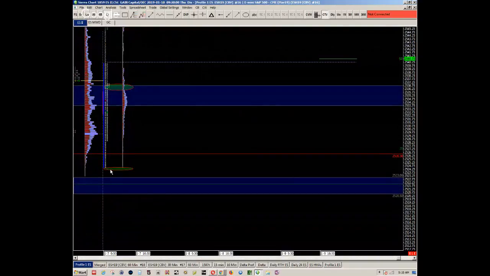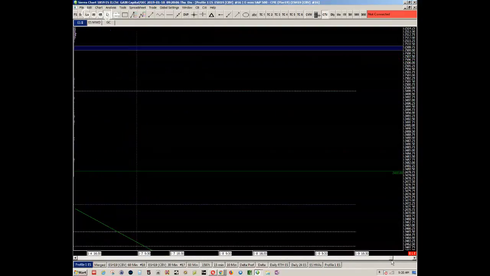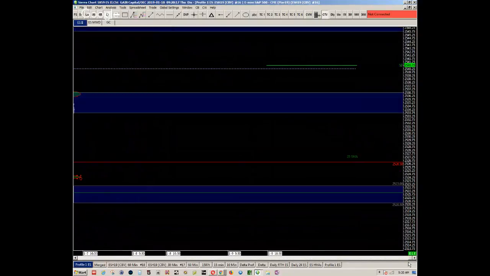We've got, now I don't remember why I circled that one. But we've got some lows back here. Got poor lows. And I don't remember why I have that one circled, other than it hasn't been revisited. So